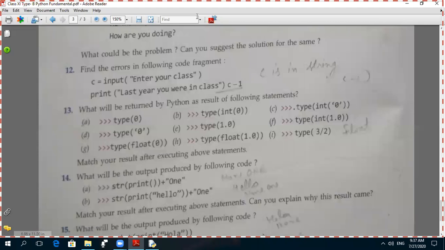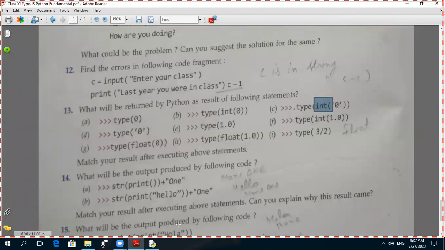The answer to this question is int only, because 0 is written in single quotes. This time it is in the form of a string. When we write int before the string, it converts the string into an integer, and the type will give int.